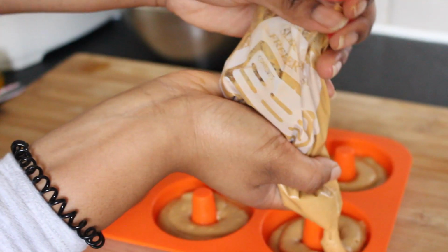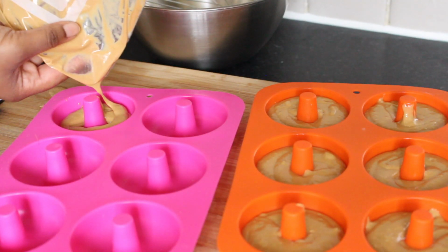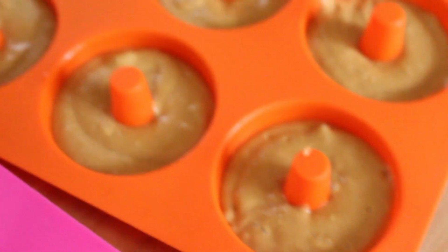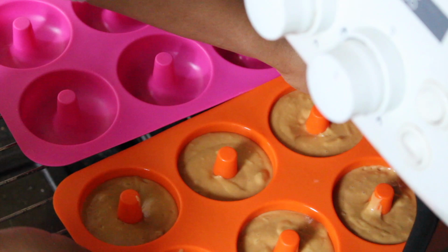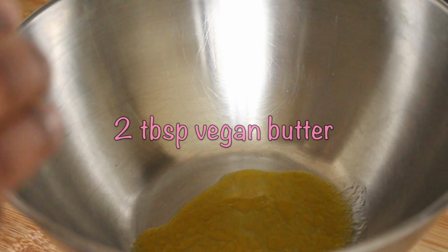I ended up getting about 7 donuts out of this mold, and I think I probably could have gotten more if I didn't fill my donut mold in the orange tray as high, but I was really pleased with the size, so I wasn't that bothered. I then popped these in the oven and then made my donut glaze, which starts off with 2 tablespoons of